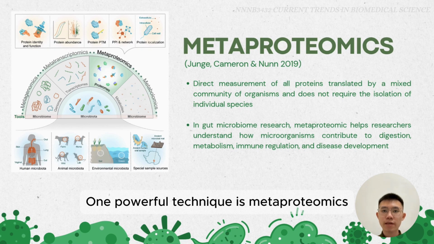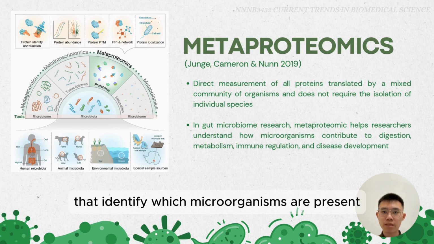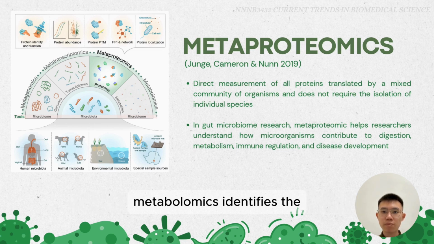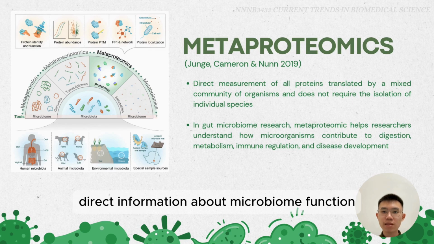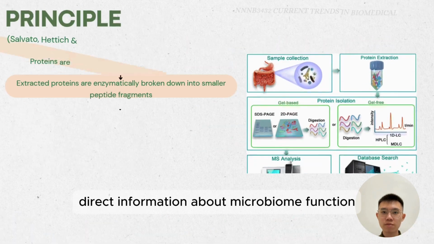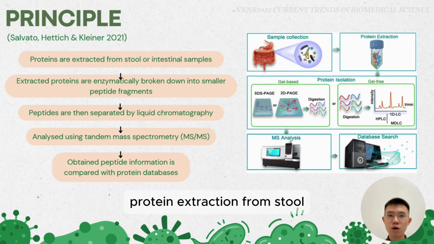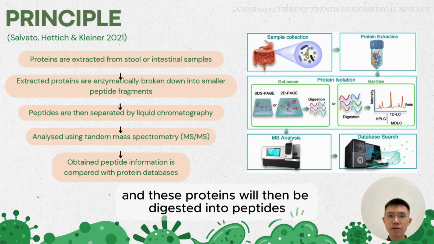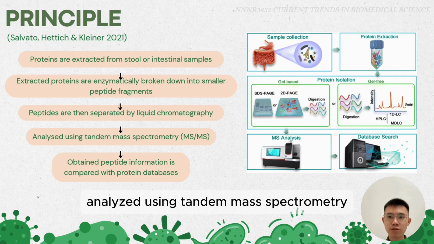Besides treatment, researchers also need tools to understand the functional activities of the gut microbiome. One powerful technique is metaproteomics. Unlike sequencing methods that identify which microorganisms are present, metaproteomics identifies the proteins that microorganisms are actively producing. Therefore, it provides direct information about microbial function. The process of metaproteomics begins with protein extraction from stool or intestinal samples, and these proteins will then be digested into peptides and separated by liquid chromatography,